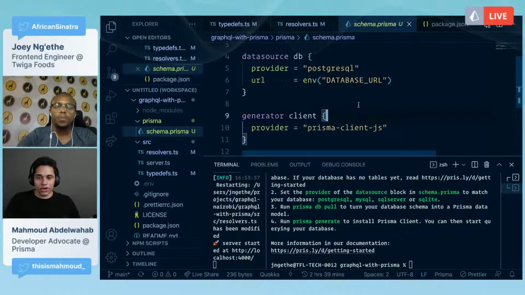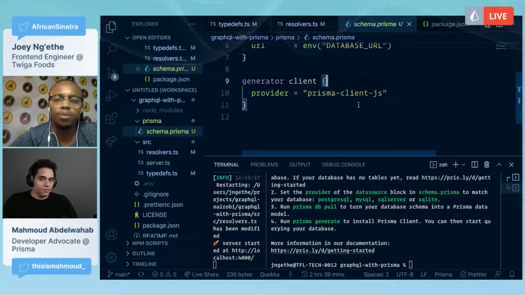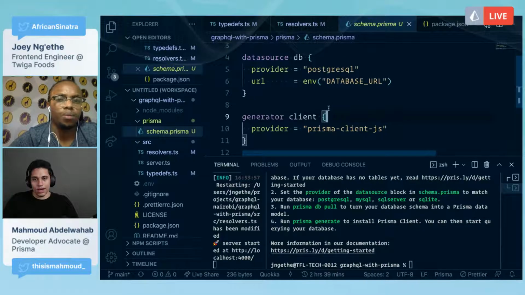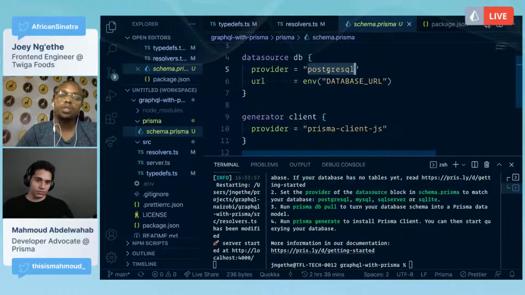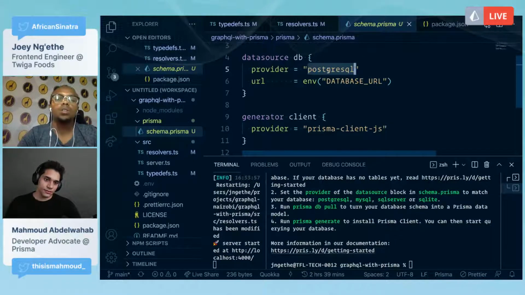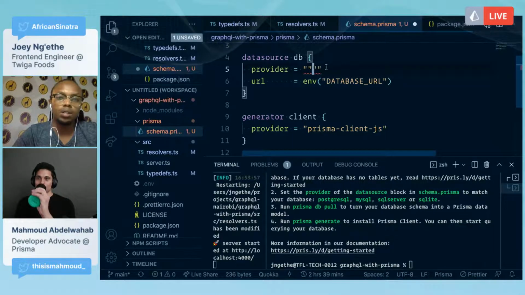For our example, I'm guessing what Joey will do is we will need to define two models, right, Joey? Yeah. So the first thing we're going to do is, Prisma supports different dialects. You can use Postgres if you have an instance, but for this example we're going to use SQLite.